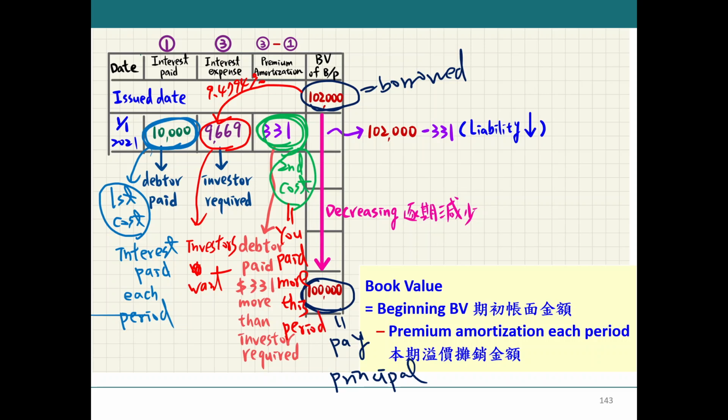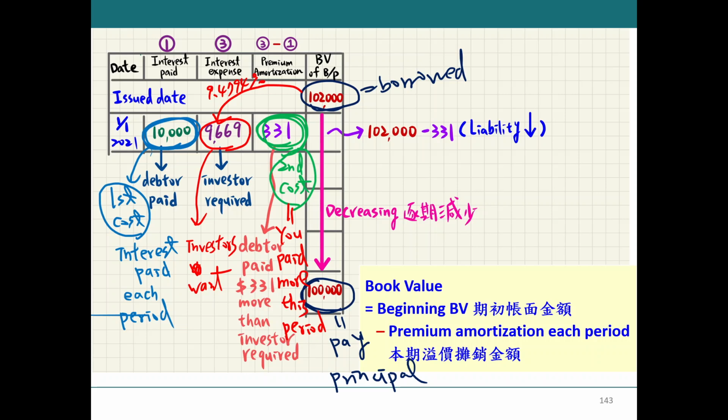So you pay more money each period from your second cost of borrowing. So that's why, since you pay more, right? That will make your liability decrease. You pay more, then you can pay down some liability each period. So did you find out for your first period, your liability should be decreased from your second cost of borrowing,